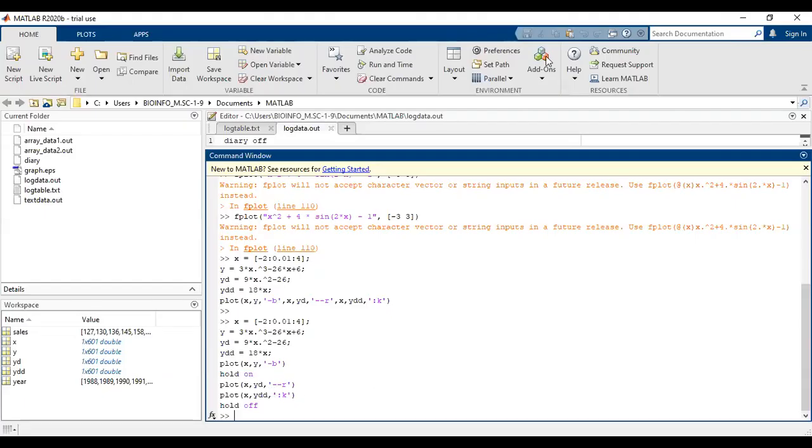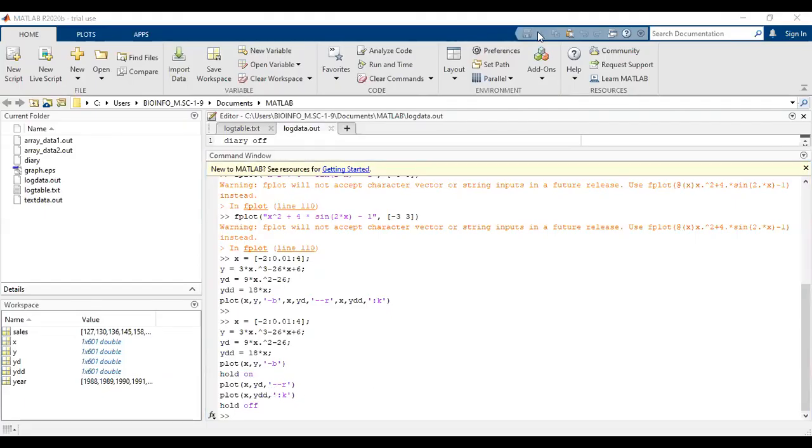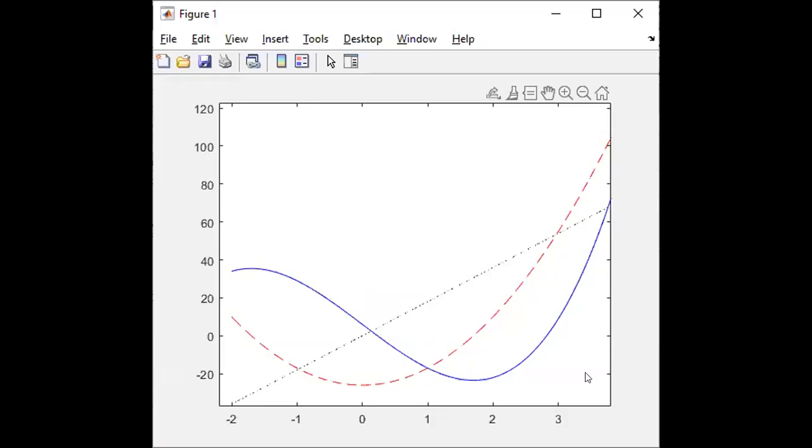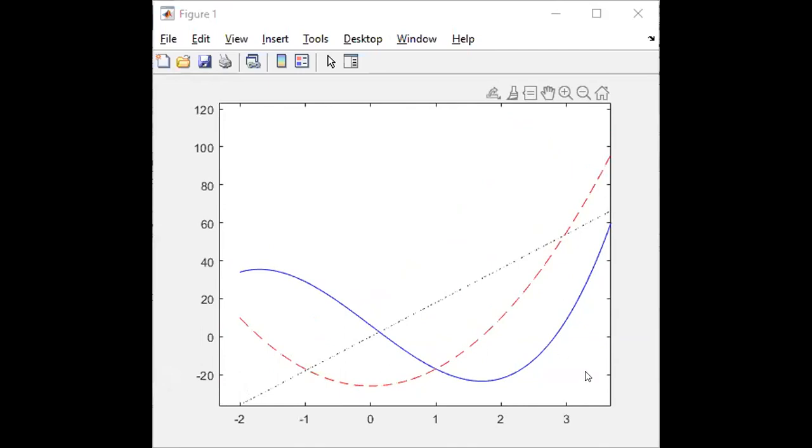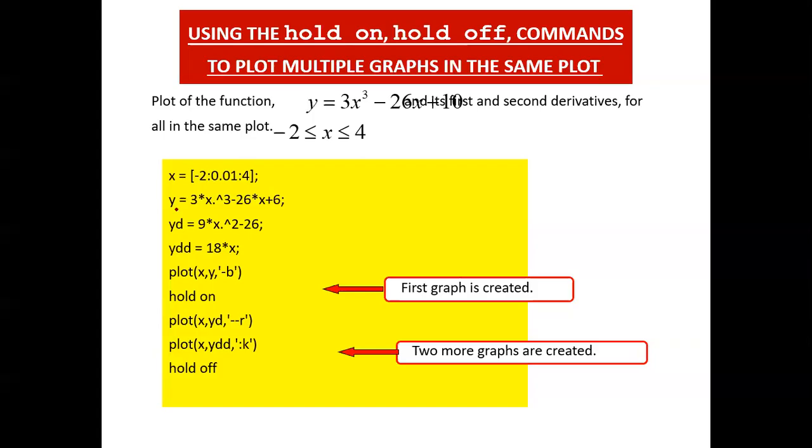Then the diagram we expect shows the result like this. Depending upon the input, the first graph is created with hold on, then two more graphs are created after we have the plot of x and